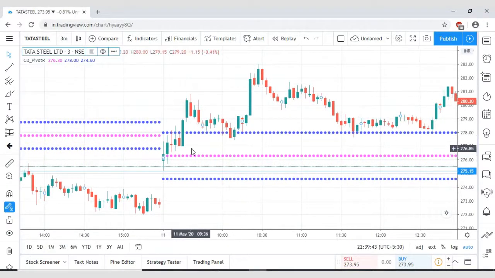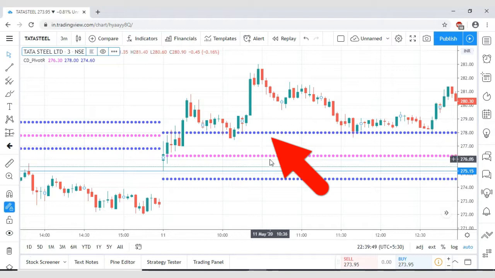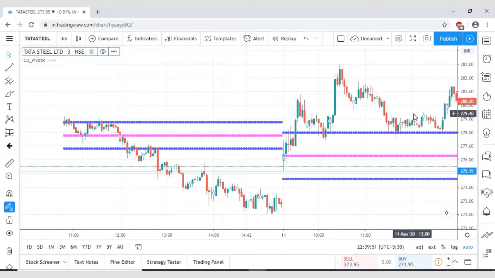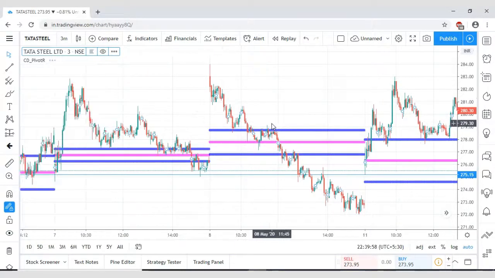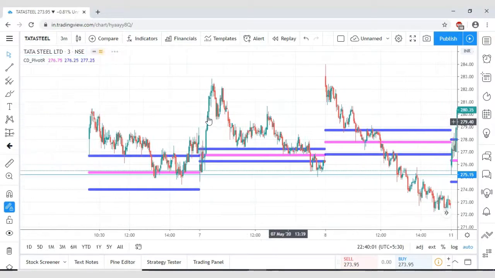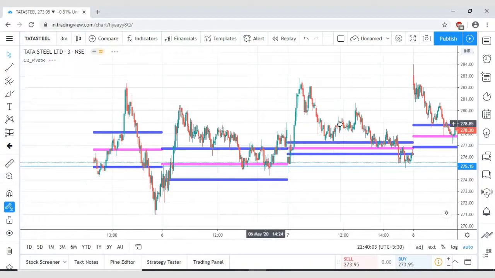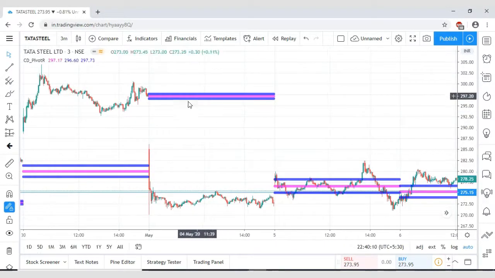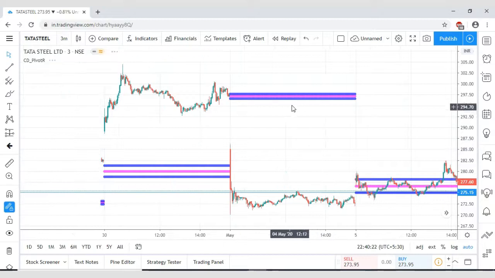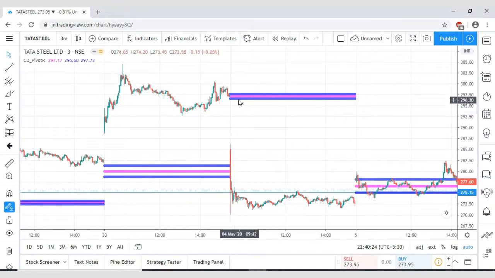The next important point is, if this CPR range is narrow, there is a concept called narrow CPR range. Generally, narrow CPR range means there will be a huge trend on that day, either upside or downside. I'll show you right in front of your eyes, just a minute. This is a gap down, see here, narrow CPR, and the guys who had shorted yesterday are lucky. But generally I don't call this a narrow CPR range because this is a gap down.